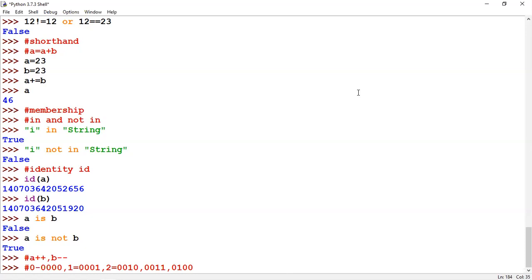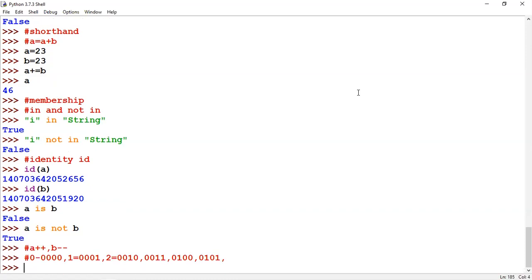I think 1010 is for 5? No, that's for 10. I think 0101 is for 5. Okay. So this is your numeric and your actual values now.